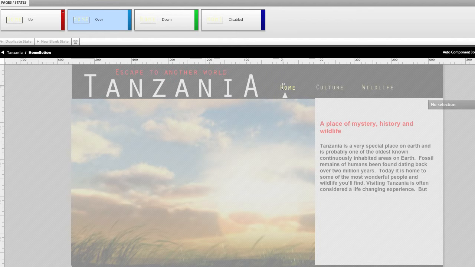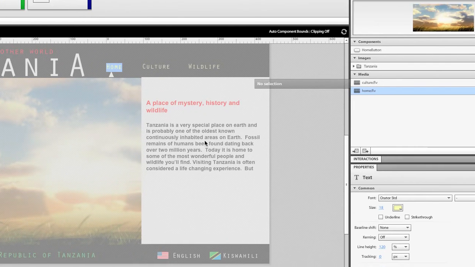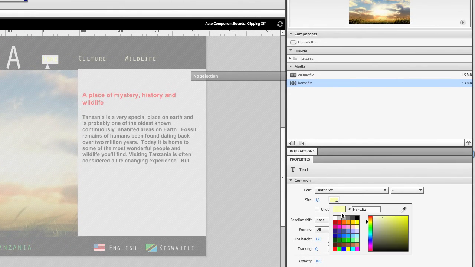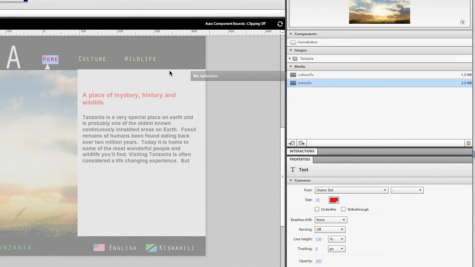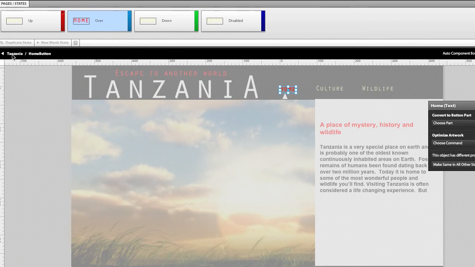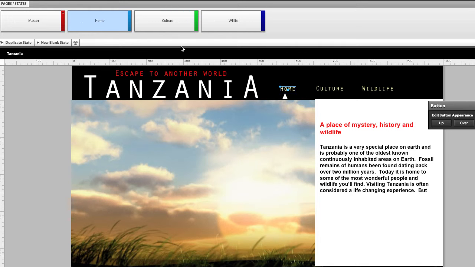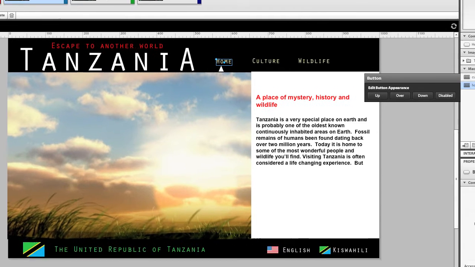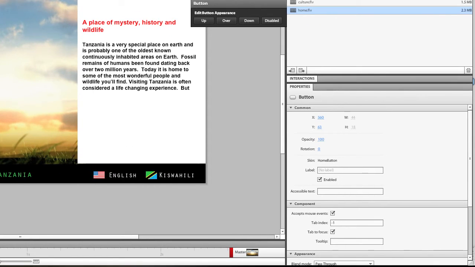Okay, so I'm just going to select the text and change the color to red. And there we go. And then I can just come back here and I just say this button here, when I click it,